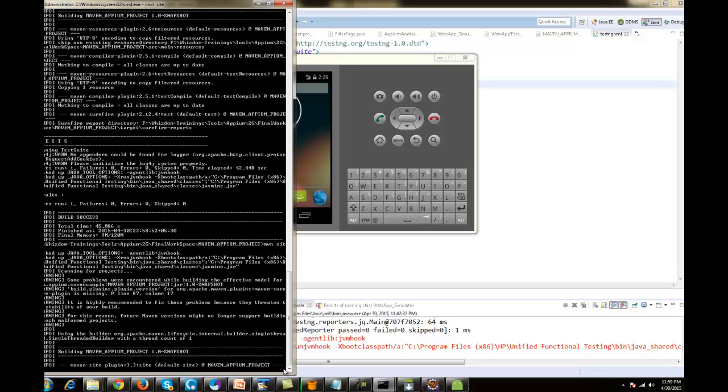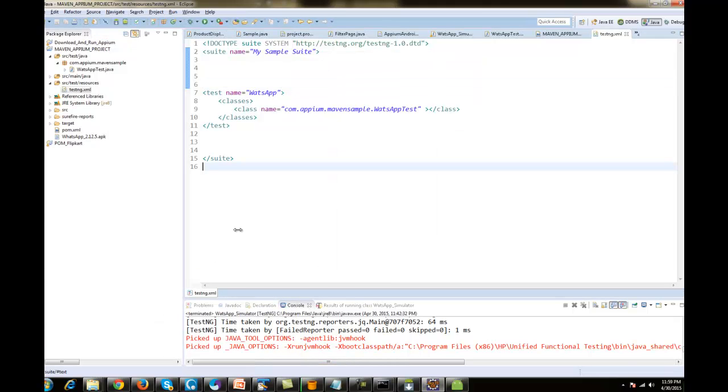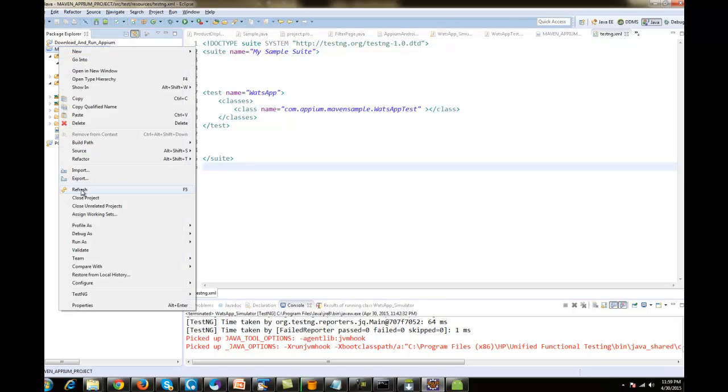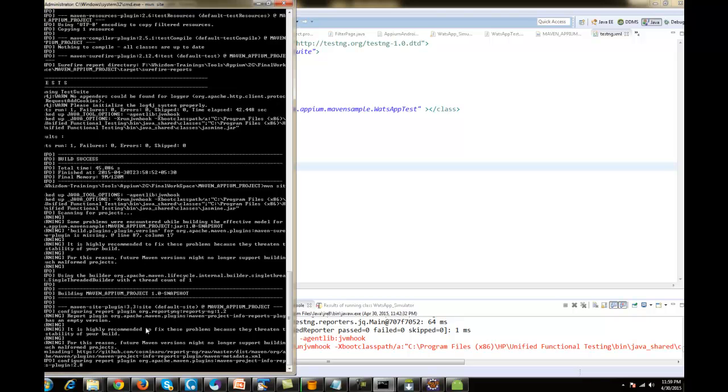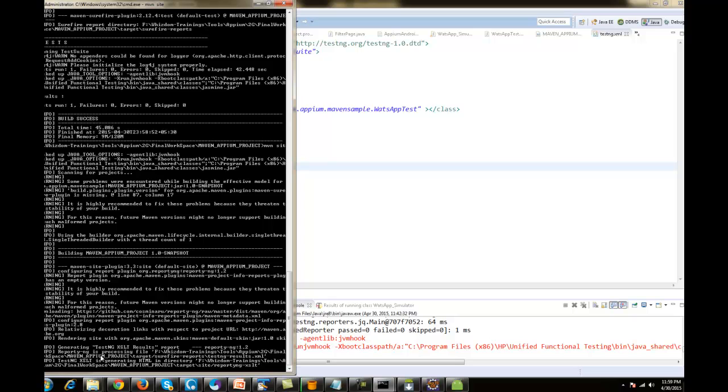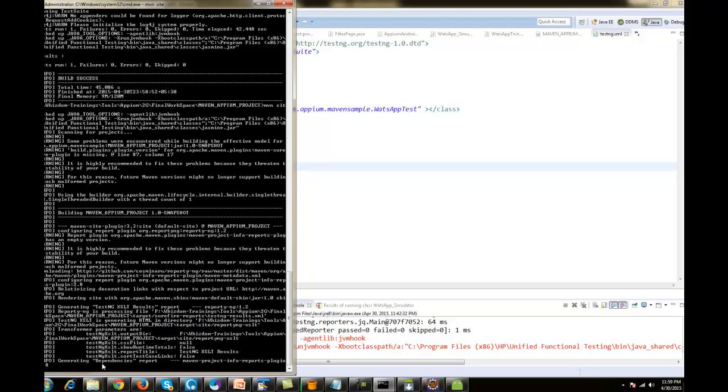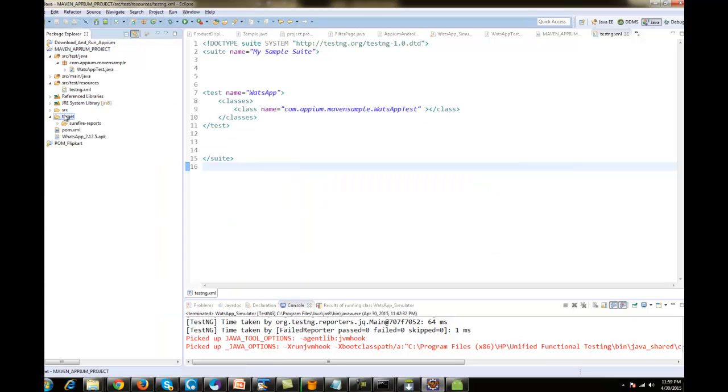The test got over, and if you refresh this, you will have the target folder. Hold on, it is generating. Okay, it's generating the reports, right? Under target folder it generates the site folder. You see that? You have to refresh it. Fine. ReportNG XSLT reports, and if you look at index.html out here,